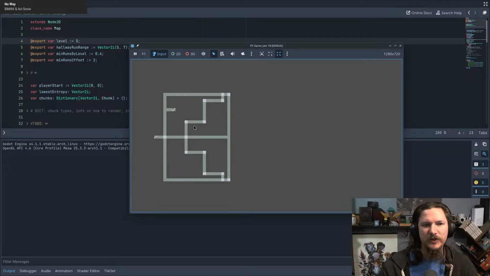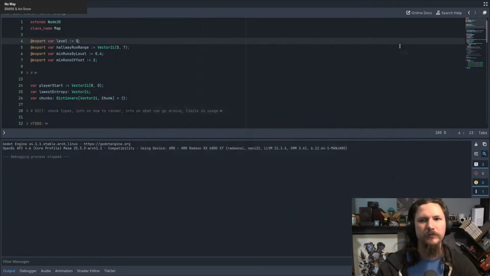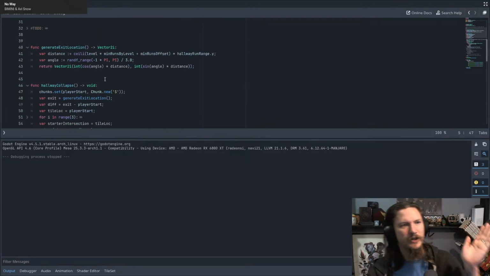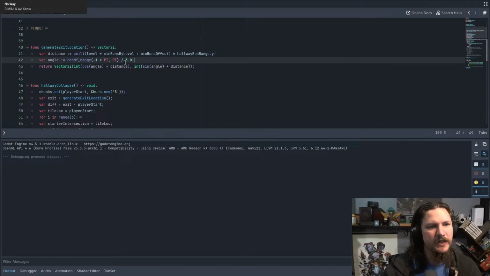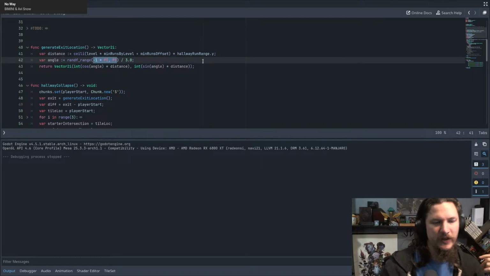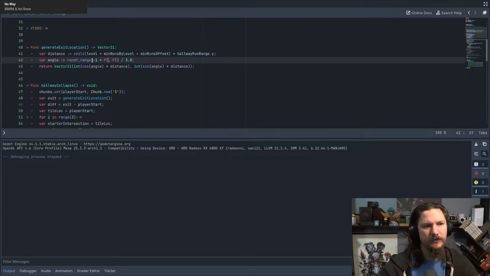I think we might need to scope our exit location choices a little bit better so we don't get those very straight linear paths. So instead of doing this range, we no longer care about this. Let's do,